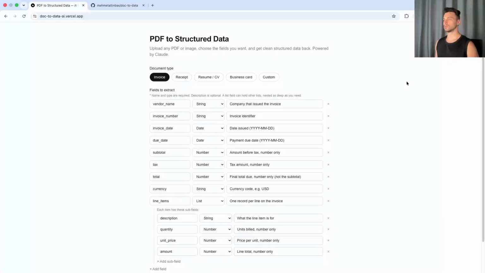Hello, today I'm going to show you a project that I built recently, which is a project that takes PDFs as inputs and converts them into structured data based on the schema provided. As we can see in here, this is a preset invoice with schema, and the output can be downloaded as